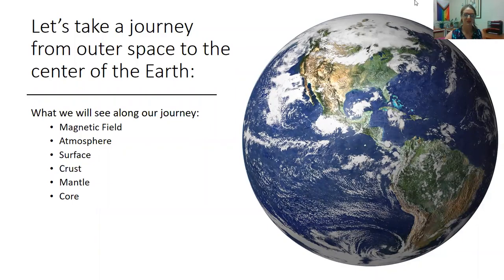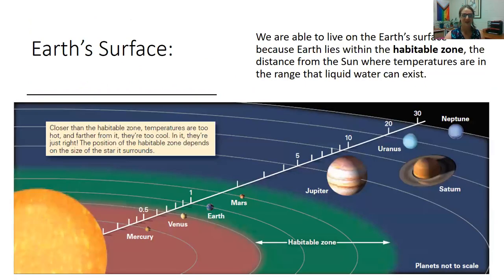Let's continue our journey. We have passed through the magnetic field, through the atmosphere, and we finally landed on the surface of the Earth, right? This is where we live. This is part of the Earth that we are most familiar with. And the reason we're able to live here is because Earth's surface lies within what we call the habitable zone,